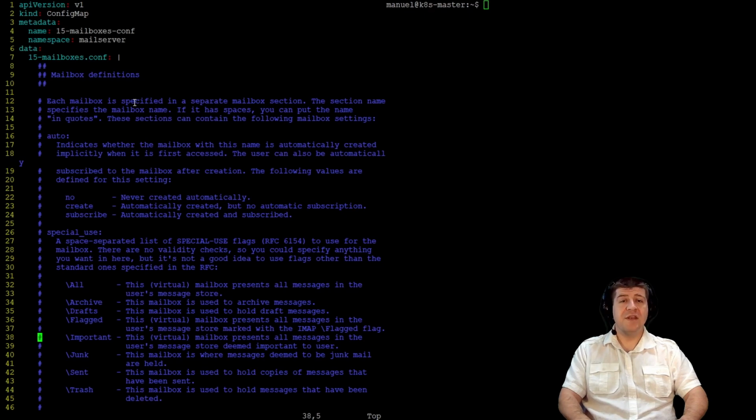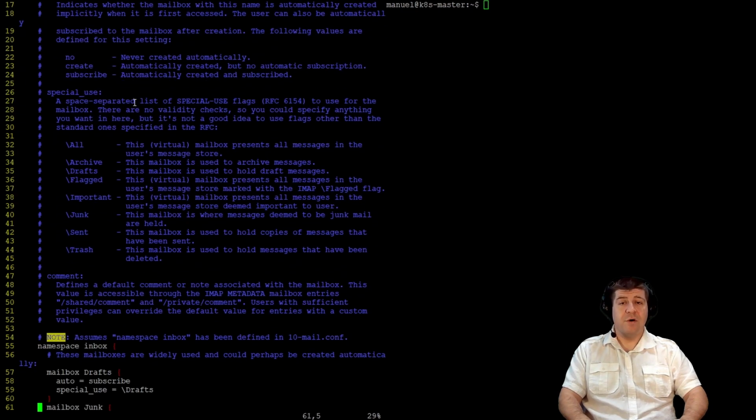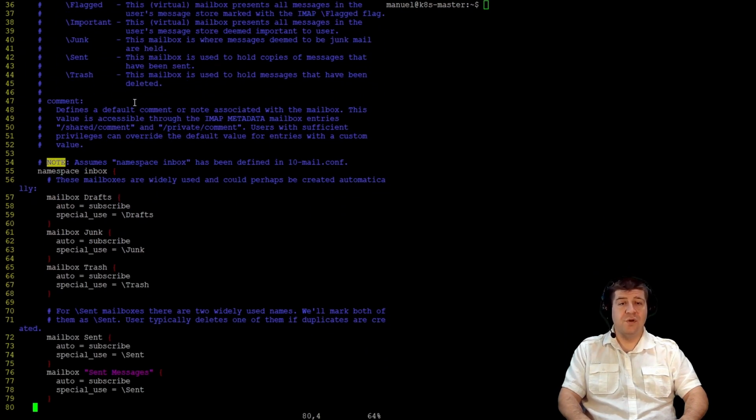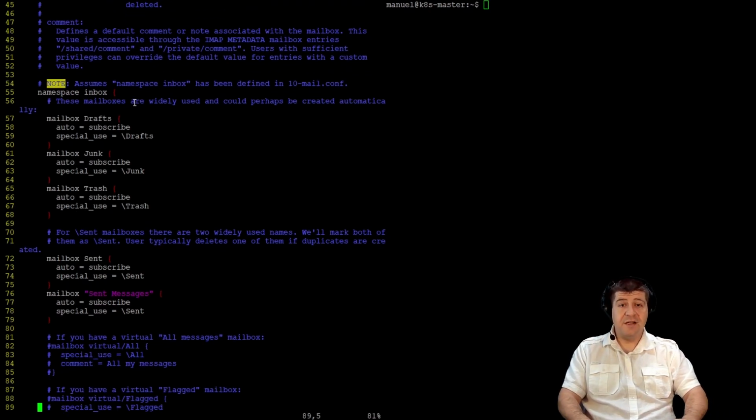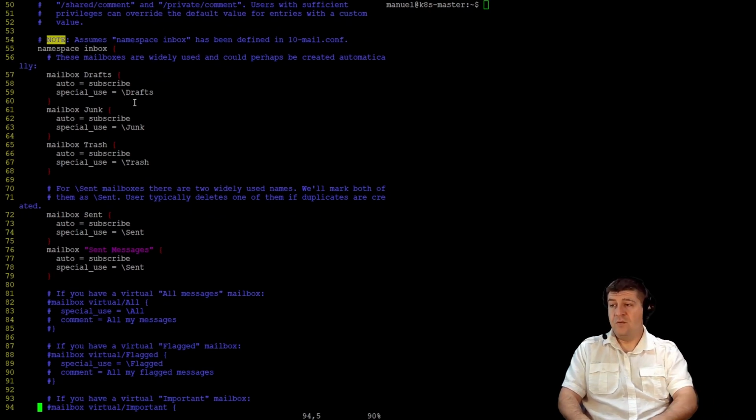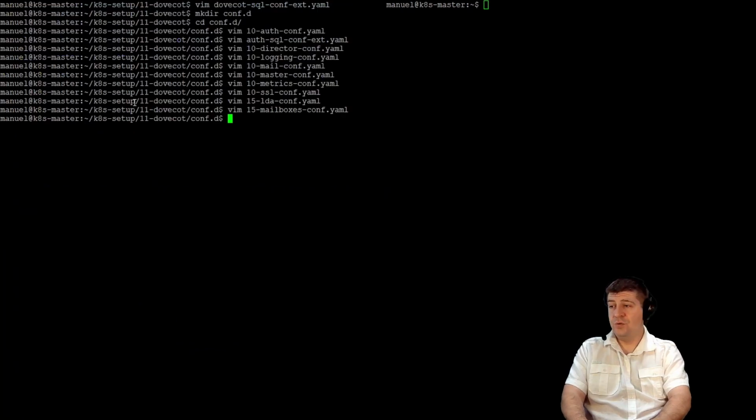Anything that can be managed by the server. The names are standard, and everything defined in the namespace inbox will be part of your sync. I added auto equals subscribe to each of the mailbox tags. The rest of the file is default, and we will move on to